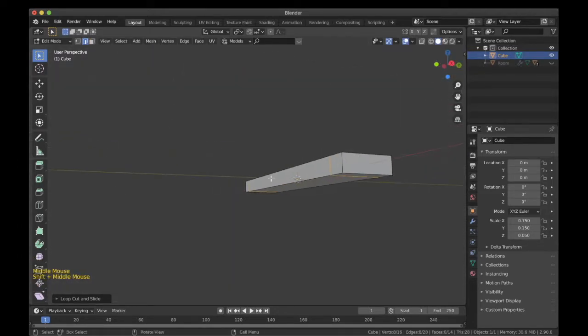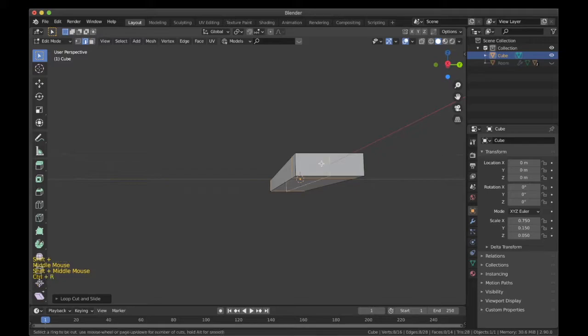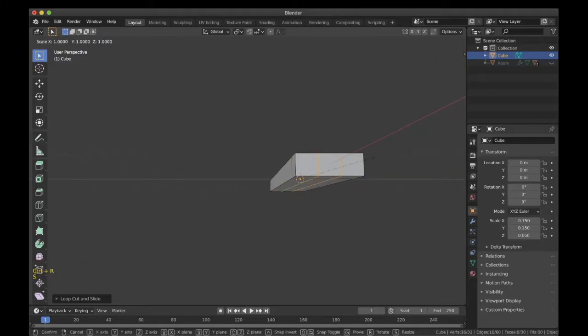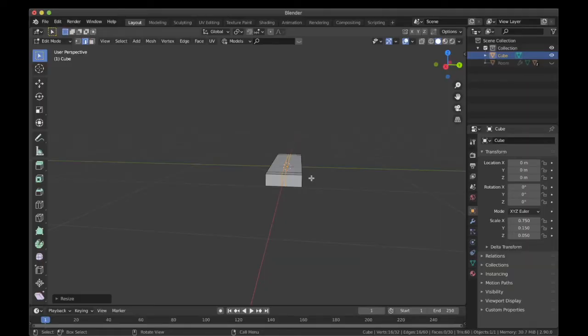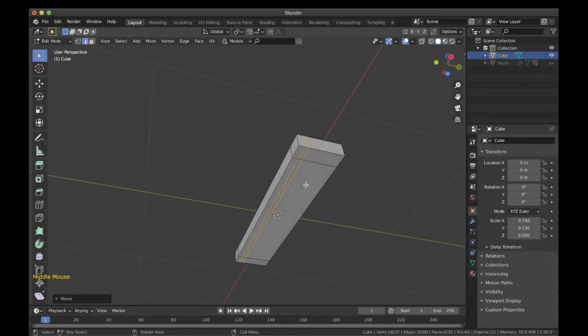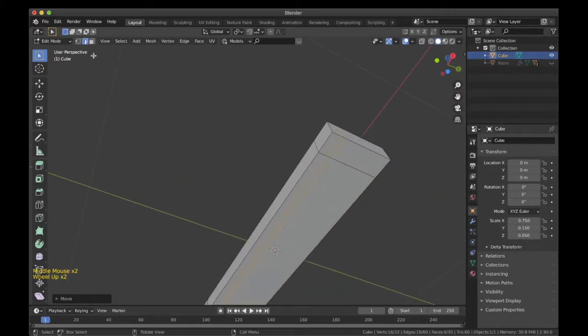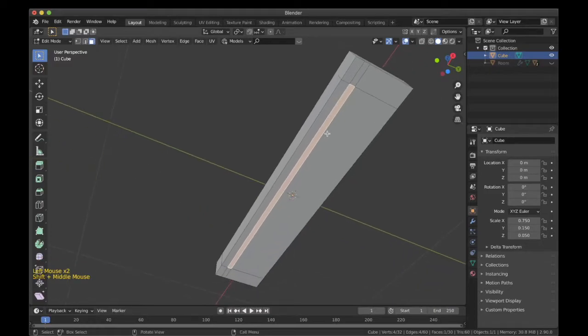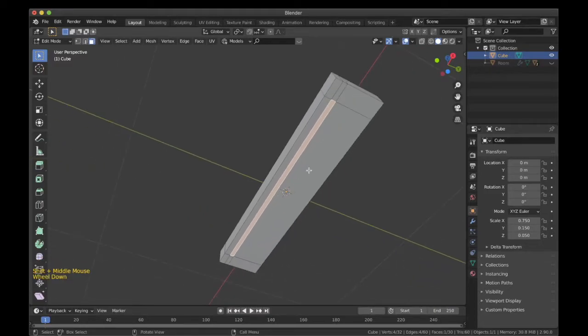Now I will add two more loop cuts along the other axis, and then scale them along this axis and then move them. To move them, I will press G and then press Y. This will move them along the Y axis. Now over here, this surface right over here, let me select this. This will become the lighting when we are setting up the materials. So this will create an effect that there is a lighting beneath the step, and actually it is just part of the step in 3D.